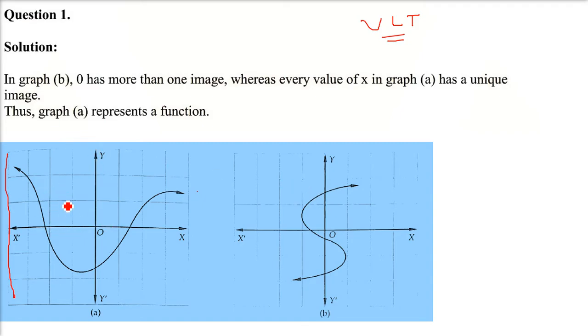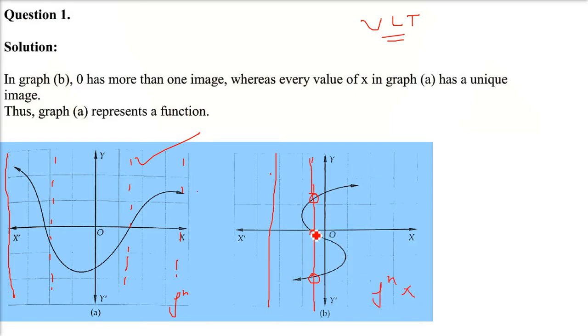So let us start with the first one. Same thing we are going to do, vertical line test. We are passing it, and if you see here, there is only one intersection everywhere. We have crossed the graph, so it is a function. Now we'll do it again for the second one. When we move this vertical line horizontally, it is intersecting not at 1, not at 2, but 3 points. So it's not a function.